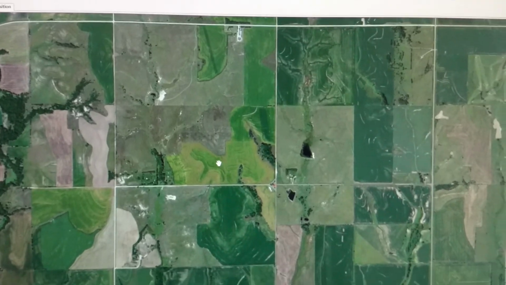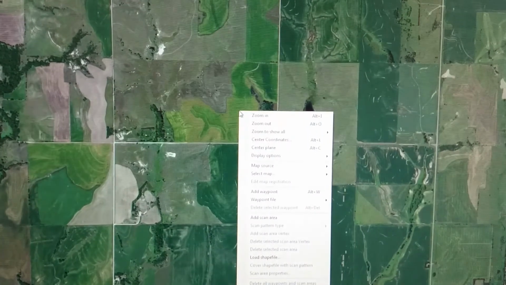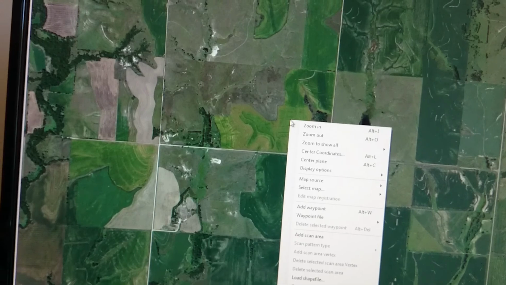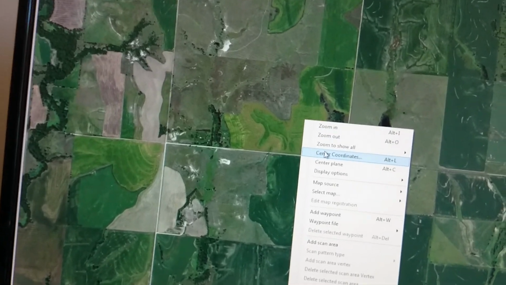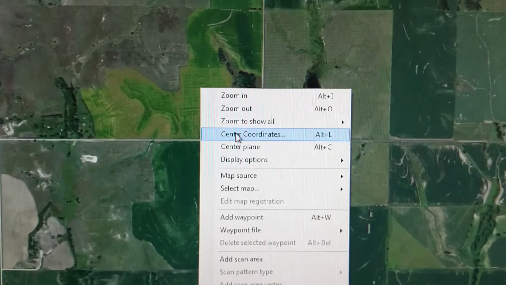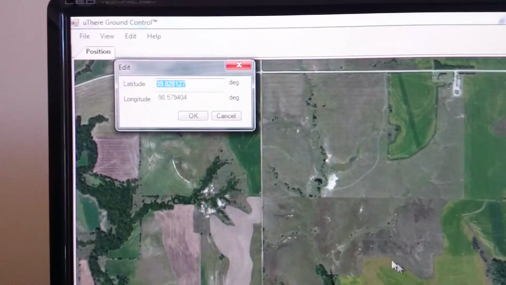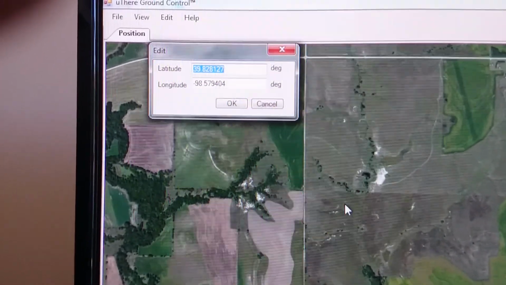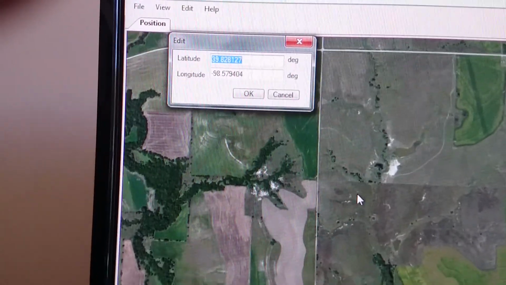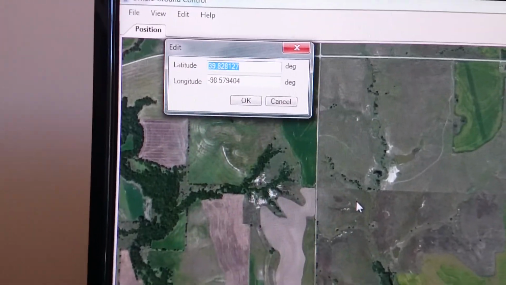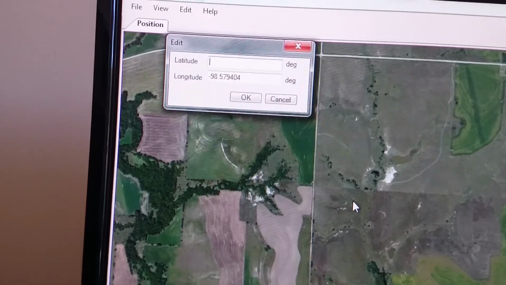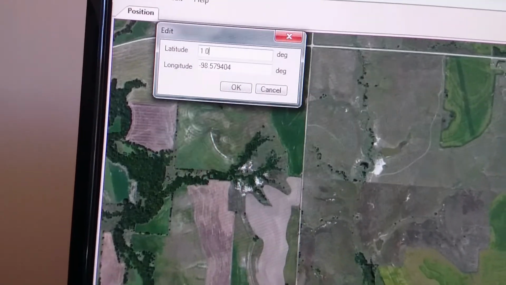In the middle of the map, we then simply click the right mouse and go to center coordinates. This brings up a box in the top corner in which we then put in the coordinates of the field that we just got from Google Earth. In this case, the latitude is